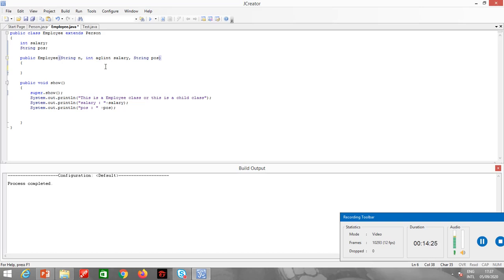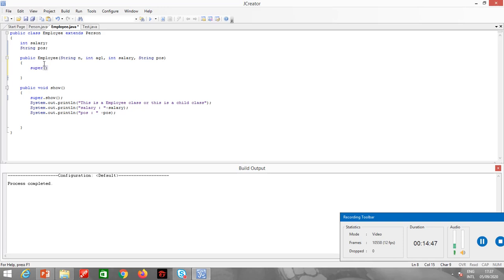This must be passed first, so this should be your order. First of all, you write the parameters of the parent class and then the parameters for the child class. These two variables belong to the parent class, so I will write here super n comma h1.